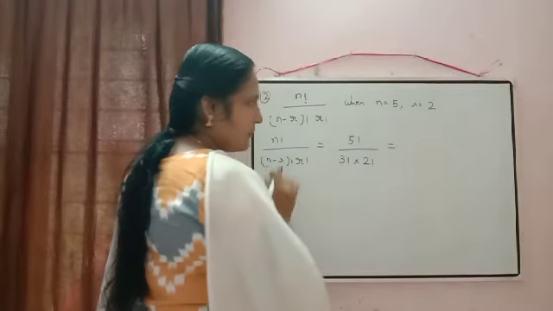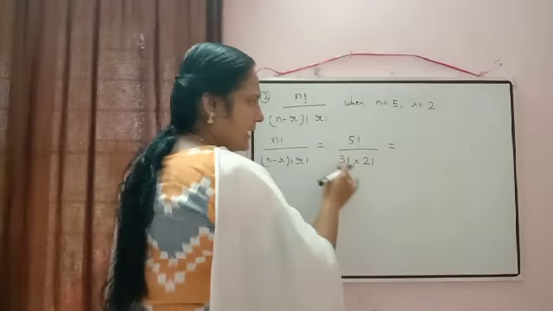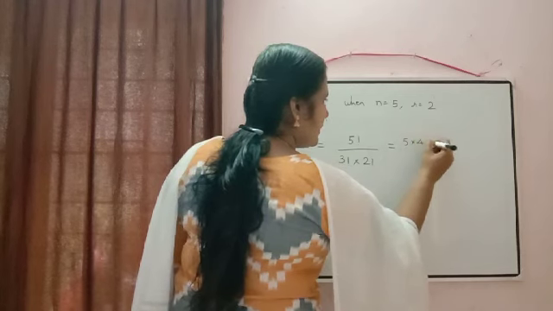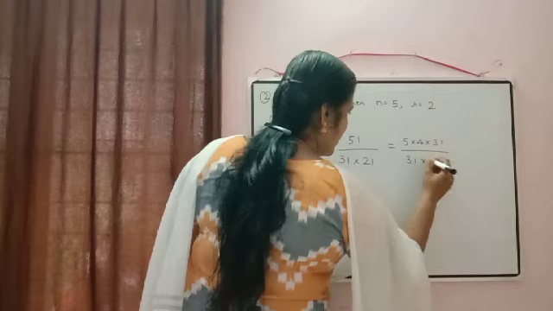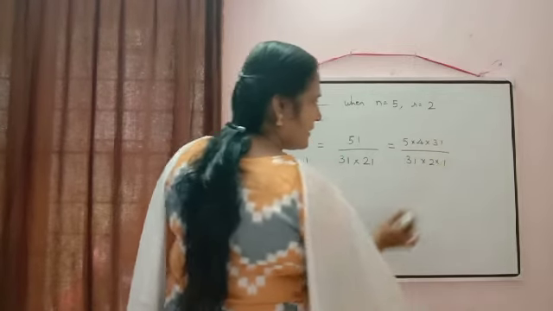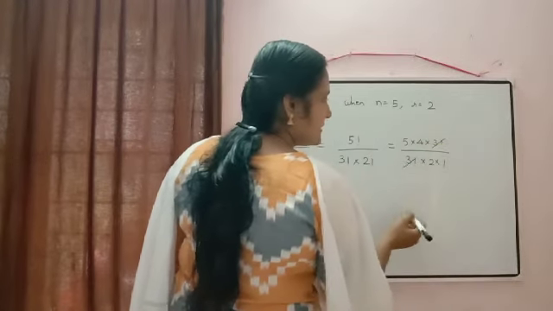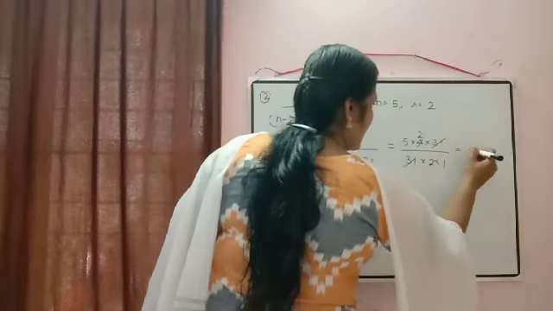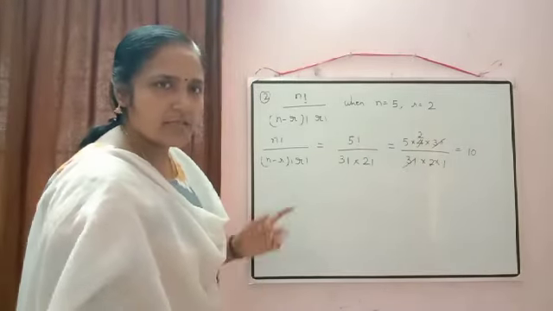Okay, now we can check how we can do the cancellation there. The greater number is 5, so we can reduce it till we get a number in the denominator. So 5 into 4 into 3 factorial by 3 factorial into 2 factorial. 2 factorial can be written as 2 into 1. So 3 factorial will get cancelled. Here 2 and 4 we can cancel. So 5 2s are 10. The answer will be equal to 10. So I hope this question is clear.